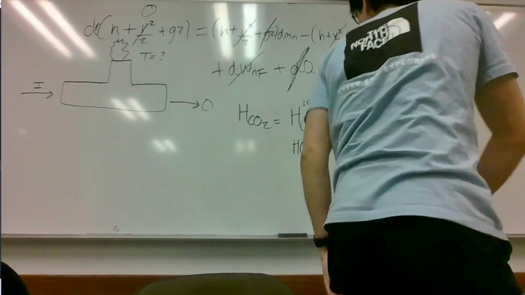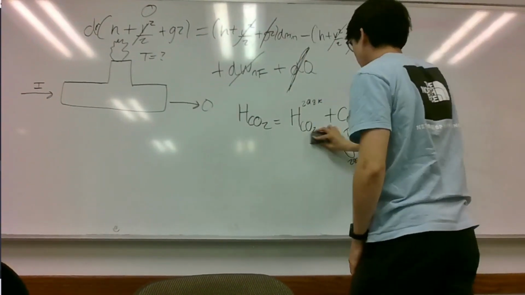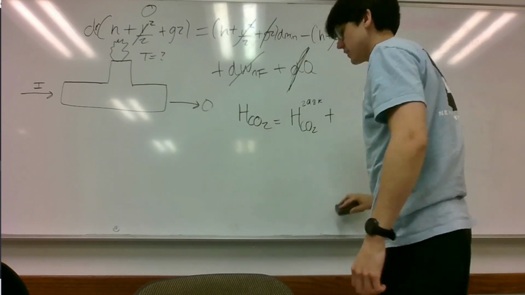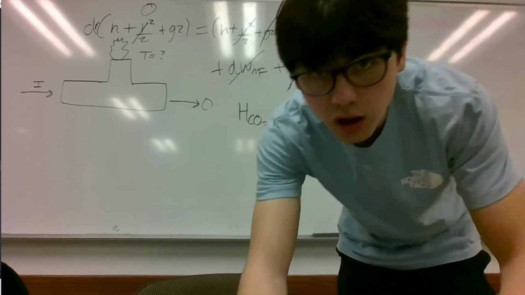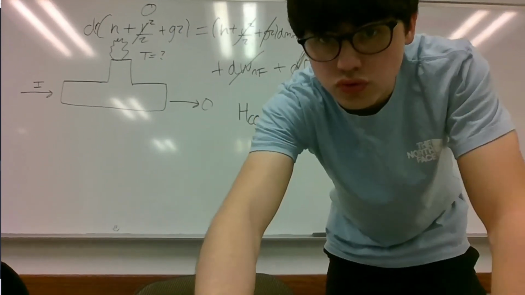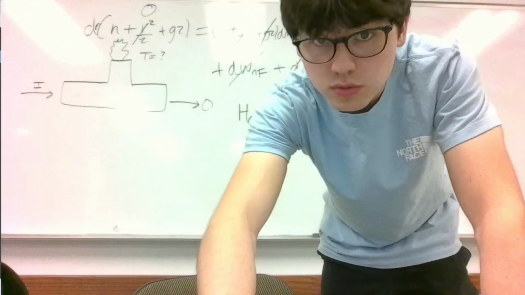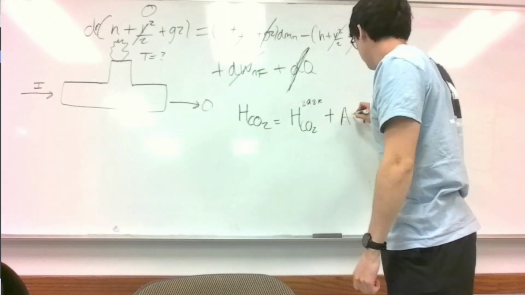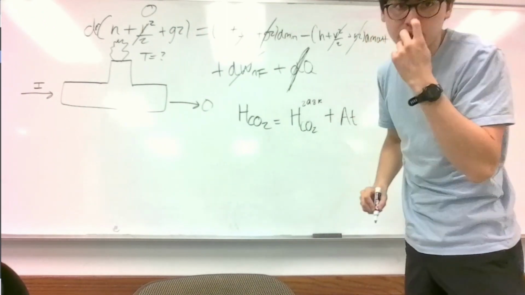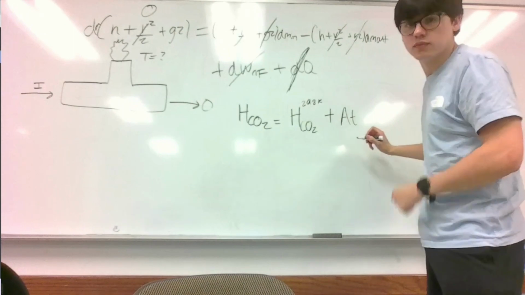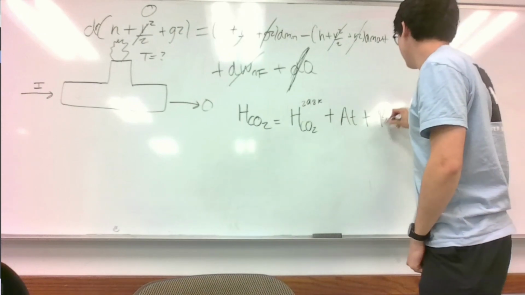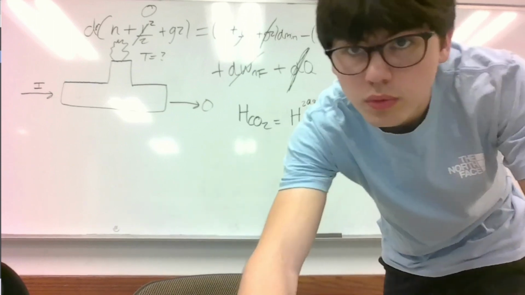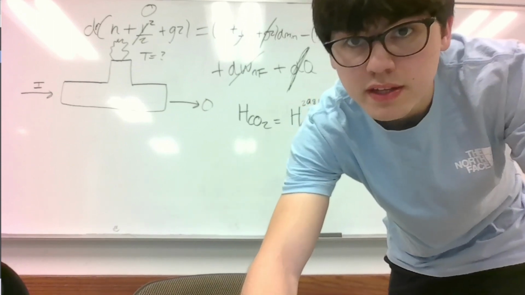So obviously we still have enthalpy of CO2 plus the integral of CPdV, but we just calculated this integral to be, let me switch this one second. It will be plus A T, and these constants will all be defined for us, plus B times, what was the first integral? B times